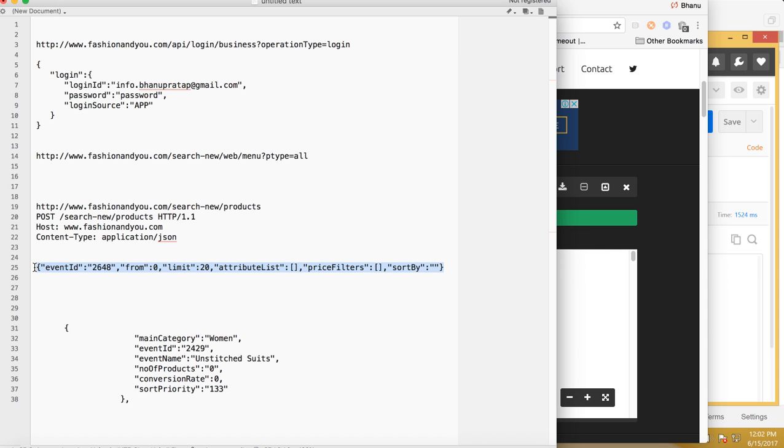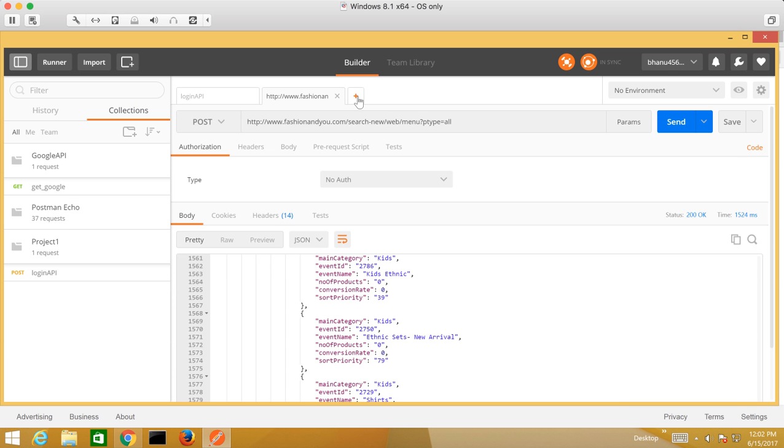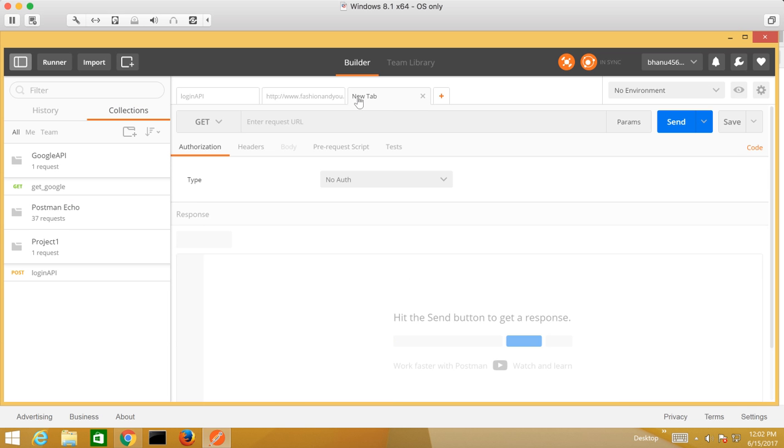When you want to search some item, you need to know the event ID, right? And how do you know the event ID? First let me copy this endpoint URL from here. It's a post call, so we will go to Postman. We will add one more section for the post call. I will give the URL here,